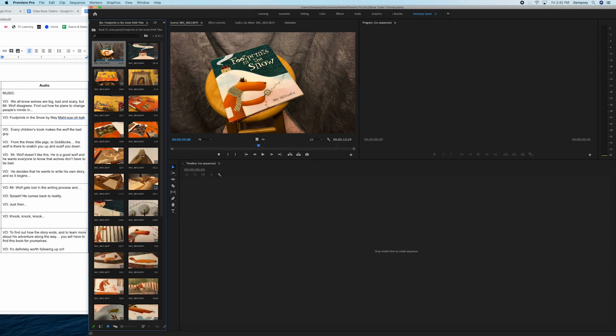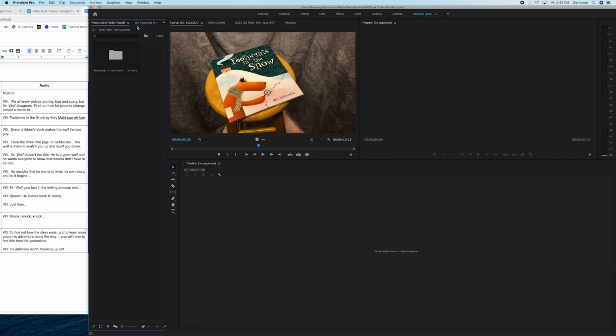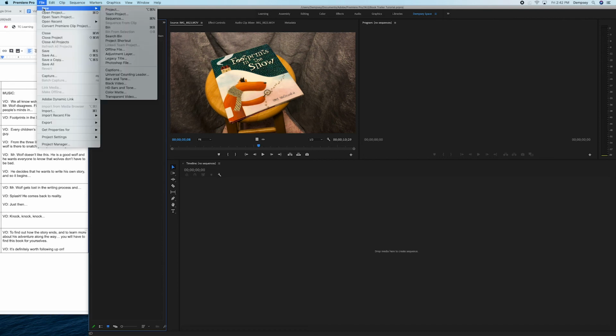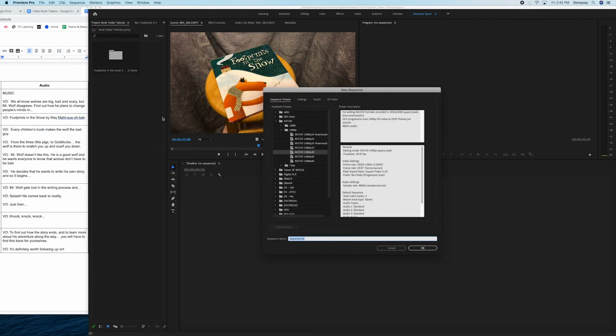And the reason that I did that is because I don't know if this is the way I want it to look when I'm actually editing. I may want it to be kind of zoomed in. So what I'm going to do is come over to my project bin, and I am going to go to File, New, Sequence. You can see the shortcut for that is Command-N. If you have Premiere on a PC, that's going to be Control-N, but you hit Command-N, it's going to open